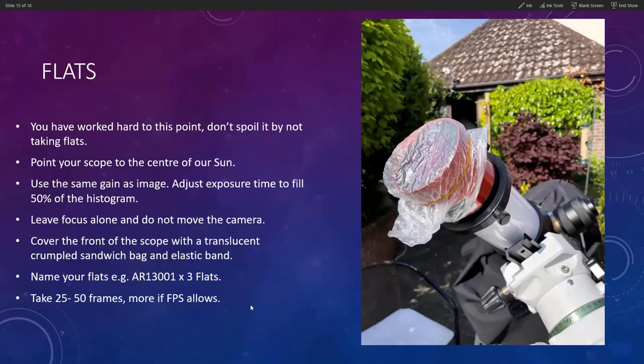And the way in which I take flats is I will, if I'm imaging, say, a prominence, actually, that's not a bad example. That's a bad example. If I'm imaging a sunspot, which is not in the center of the disk, maybe it's up near one of the limbs or something like that, I will move the telescope to the center of the sun, or as best as I can get it towards the center of the sun. I don't change the camera orientation. I don't change the